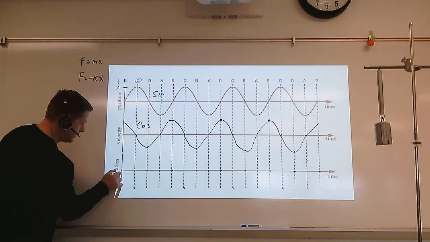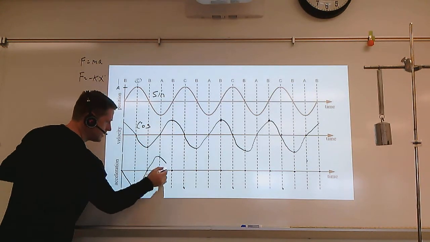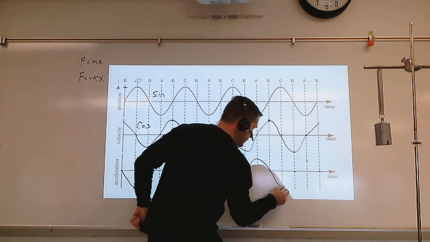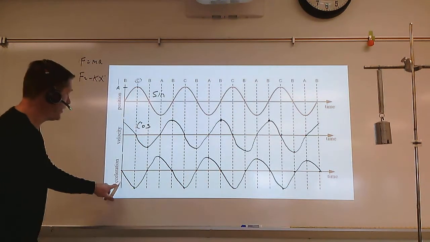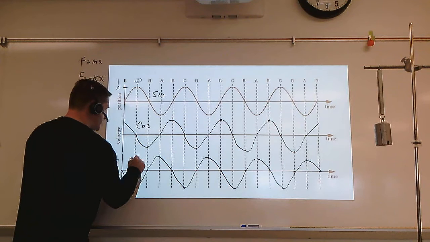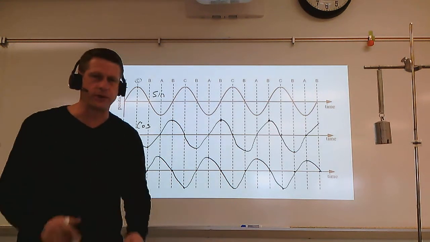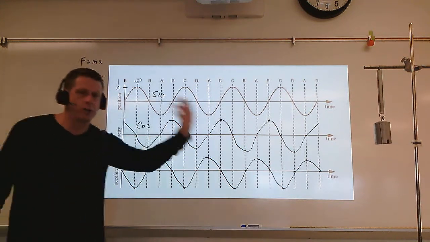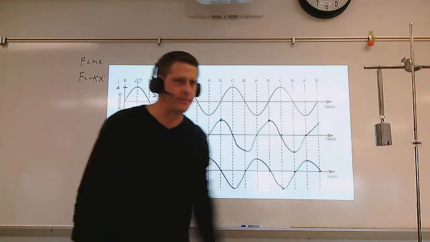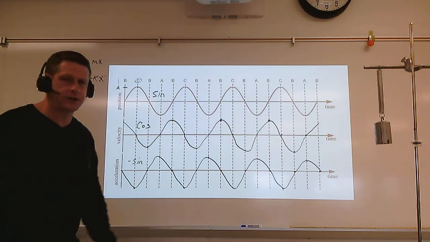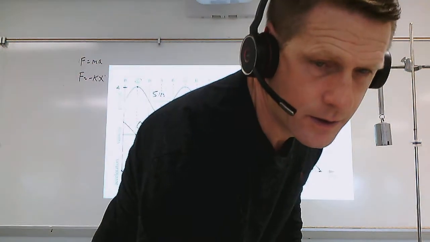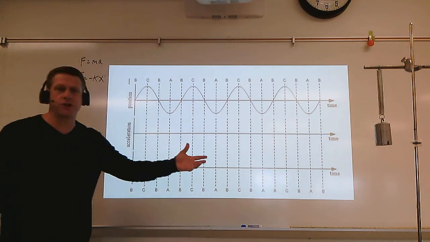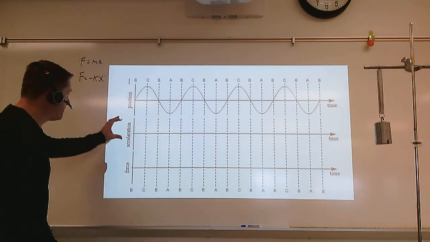So lo and behold here, what do we have? And what type of trig function is this thing? All right, this is a negative sine graph. And for those of you who are calculus people, the derivative of cosine is negative sine. So we have a relationship that is totally logical from a physics standpoint, and from a math standpoint, it's also logical. So again, we've got all sorts of relationships we can build with respect to this. We've already built this acceleration